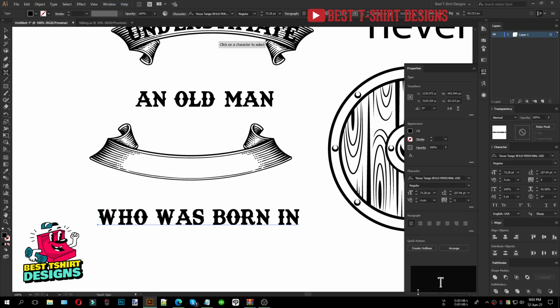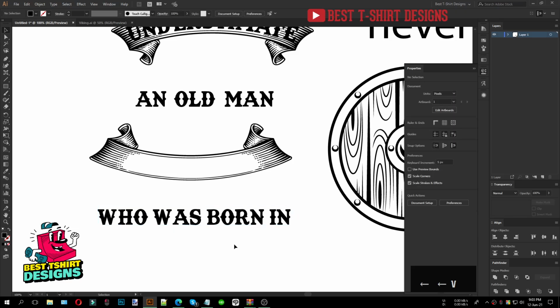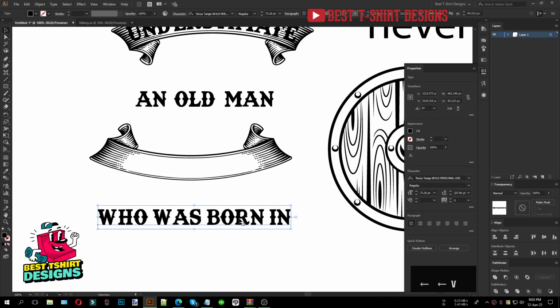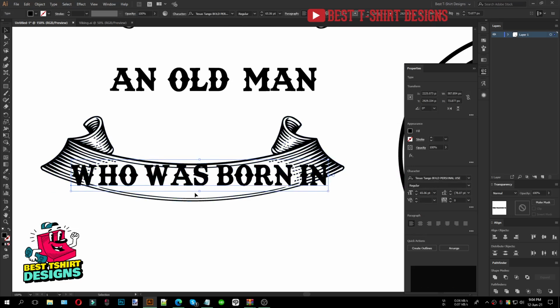You can see my keyboard strokes here. I am pressing Shift plus T. It is showing only T. Okay, maybe if I press Ctrl T, it will show Ctrl T. Okay, so I am pressing Shift T, and with Shift T, that means the Type tool, if we click on any text, any letter, we can move that. So I am bringing them closer to each other. Of course, this is not a very perfect way to do it, but for making a perfect design, we have to do something like that, and then of course a little bigger.